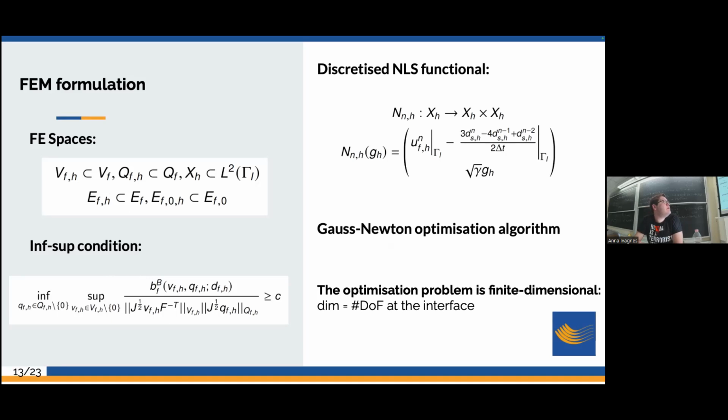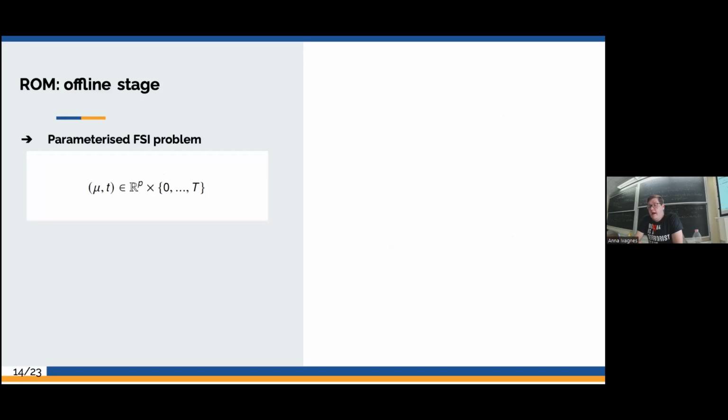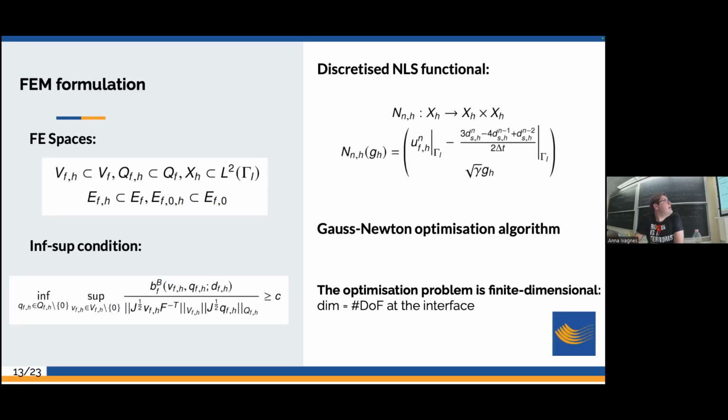The dimension of the problem is equal to the number of degrees of freedom on the interface, which is the dimension of the finite element space X_h. Okay. And also, we assume that the finite element approximation is good enough,